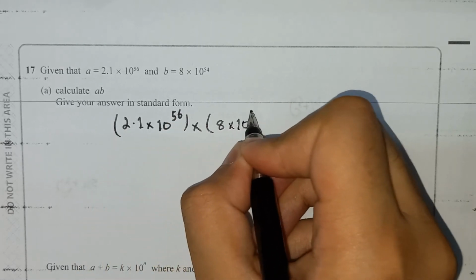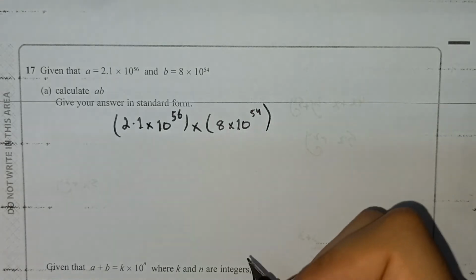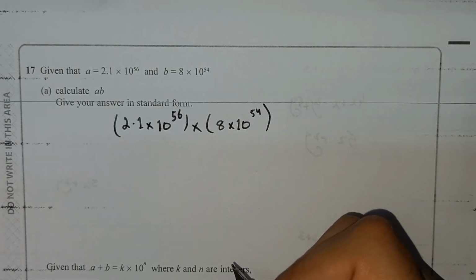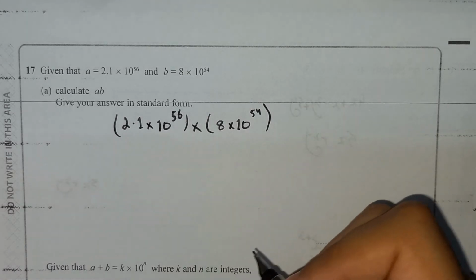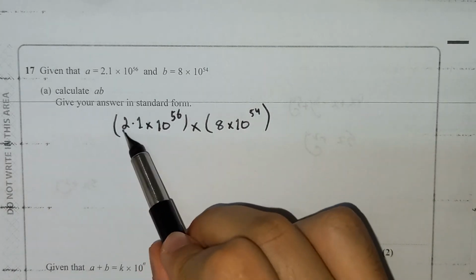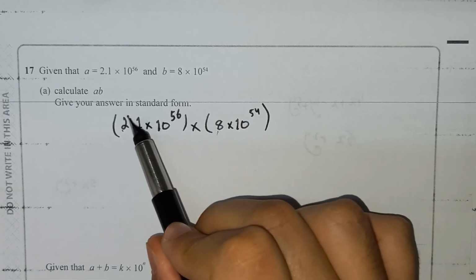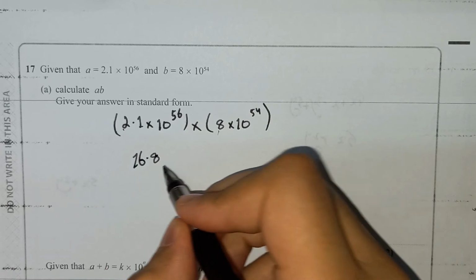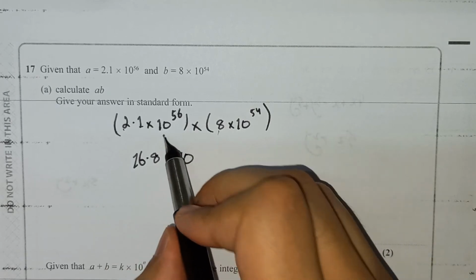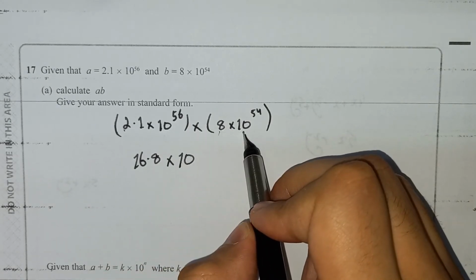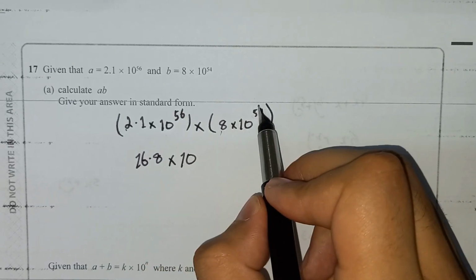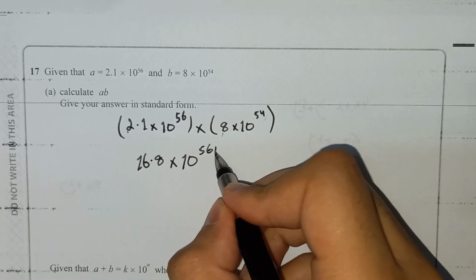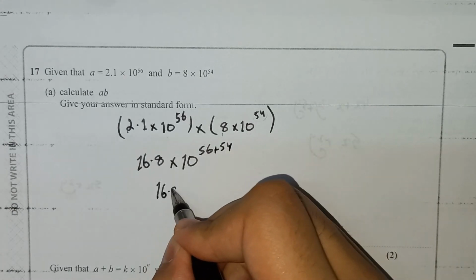It makes it easier to solve. To multiply this, again comes the indices rule. You multiply these two things, the 8 and the 2.1 as it is, which gives us 16.8 multiplied by 10. Both of them are the same, they both are 10, and because they are being multiplied, their powers will be added, which gives us